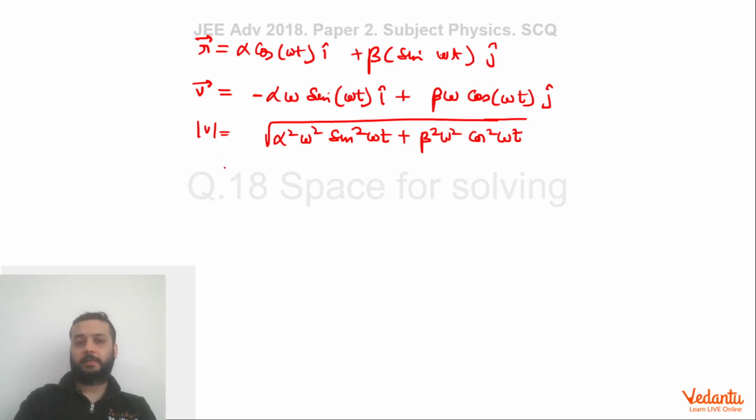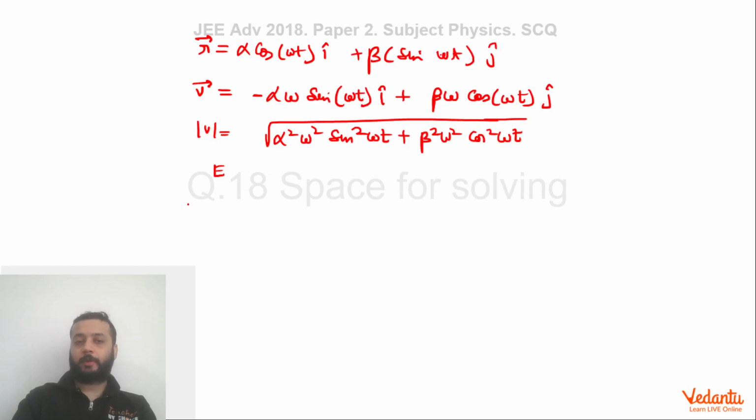So speed is not constant, and hence we can say kinetic energy is not constant, which will also mean that potential energy is not constant, because total energy is constant since it is moving under the action of conservative forces. So we can say that total energy is constant, but K and U are not constant. If we talk about linear momentum, it is not constant because velocity is changing. You can see velocity is a function of time very clearly. So we can say linear momentum is not constant.